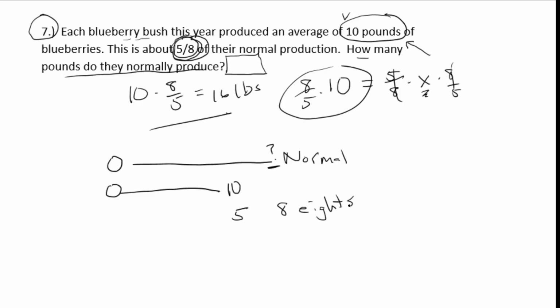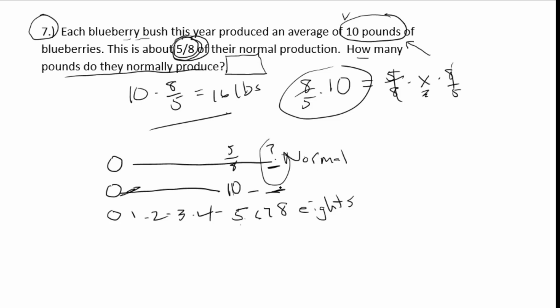That's the whole. So I'm going to put in 0, 1, 2, 3, 4, 5, 6, 7, 8. So I have 5/8 is 10 pounds. I want to find out what their normal production is,